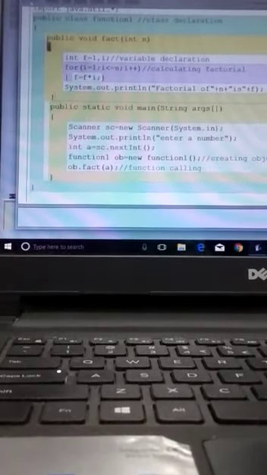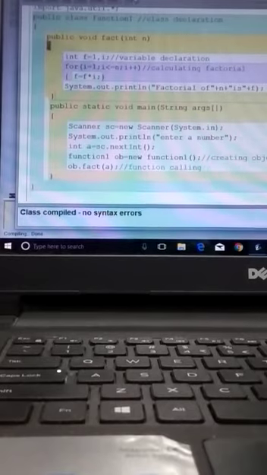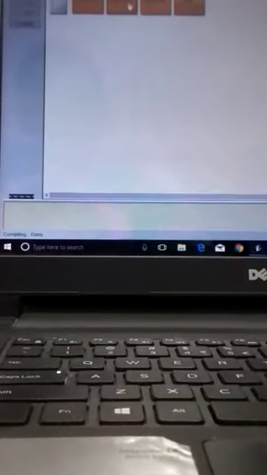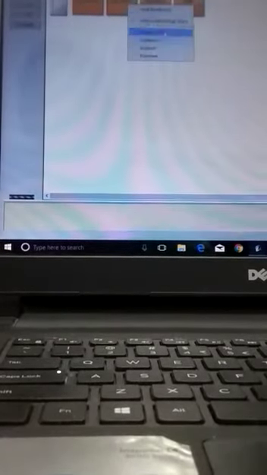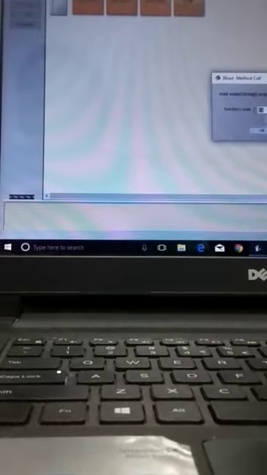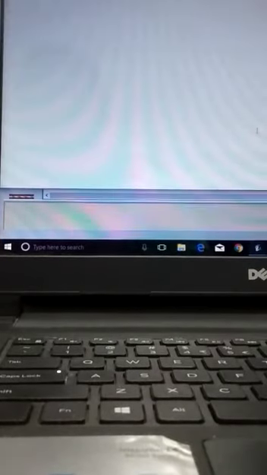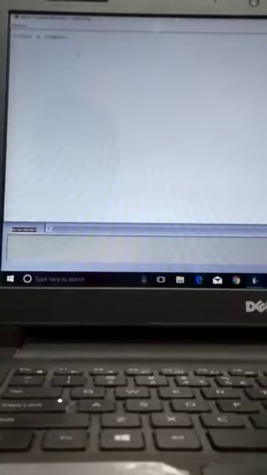Now let us compile the program and see the outcome. Again on right clicking on this program, in the similar manner we have clicked on void main, and when we press the OK button, see over here it is asking you to enter the number. So when it is asking you to enter a number, that means we are sending the value to the function.